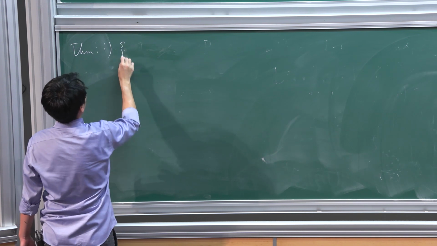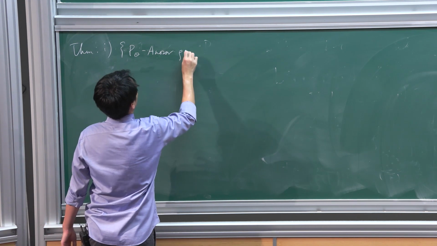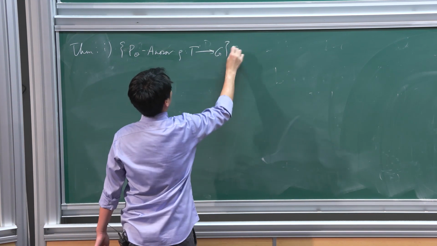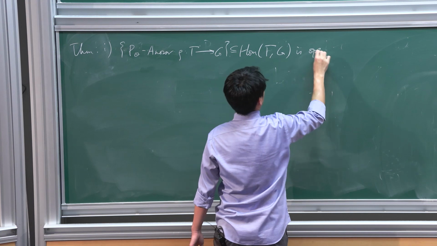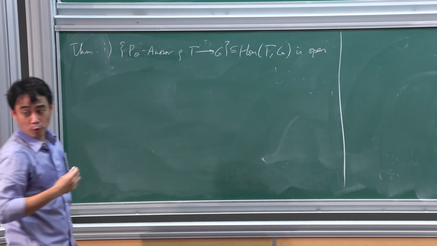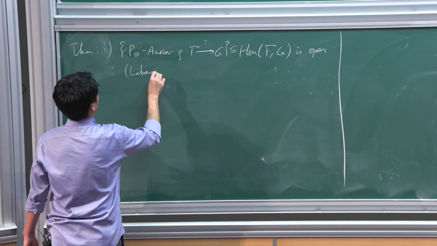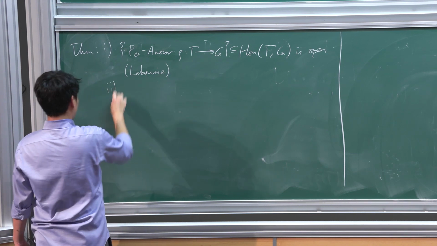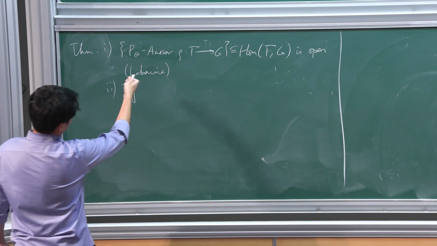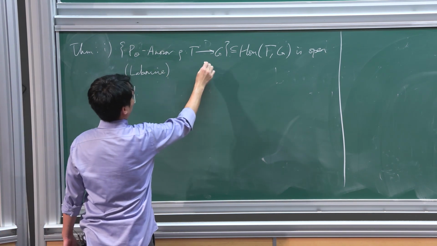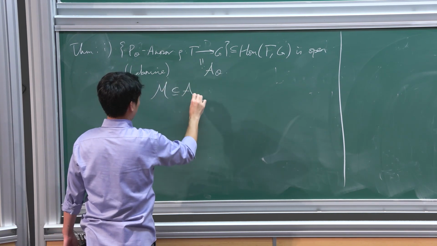The set of P_theta Anosov representations inside of the space of homomorphisms from gamma to G is open. So you have the stability of this kind of representation; you can perturb them, which is what we want. This is due to Labourie. Second, you can show that if I call this set here A_theta, and you have an analytic family inside of A_theta,